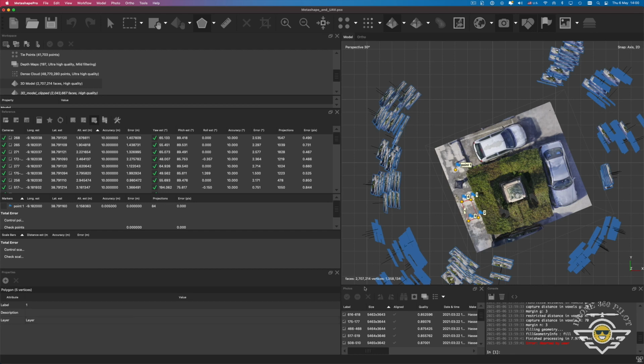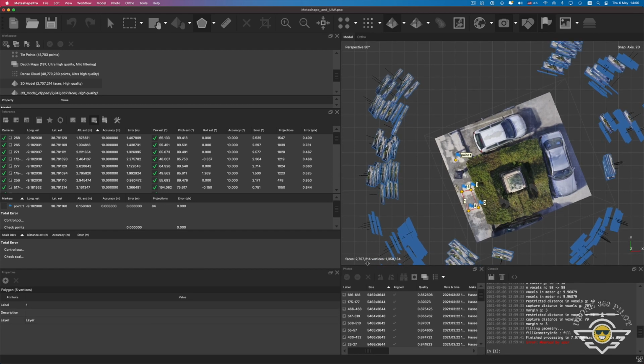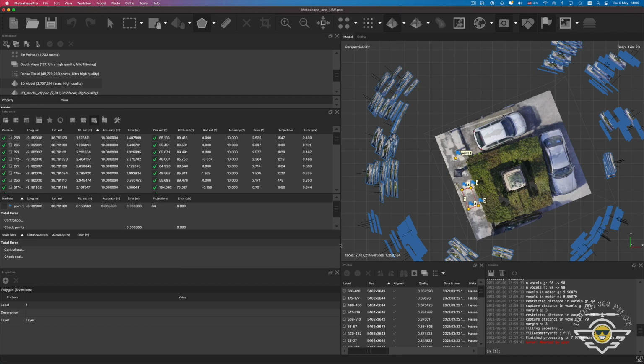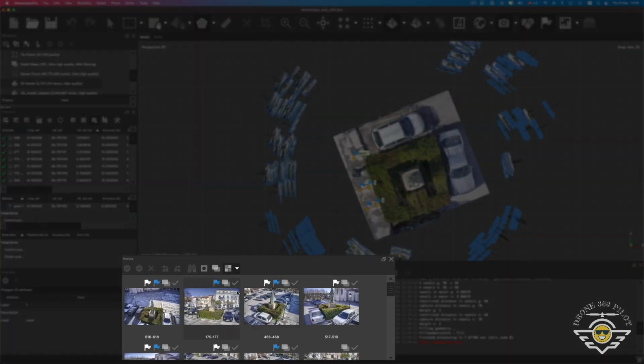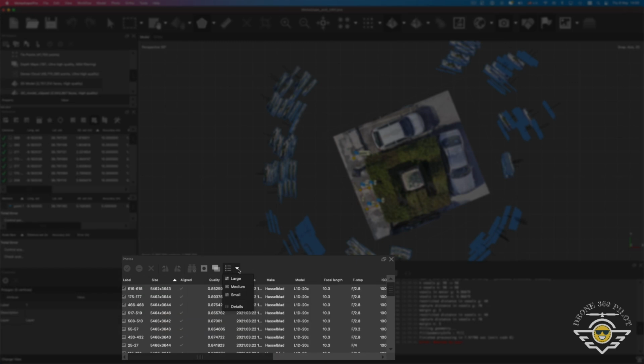Let's explore Photos panel. Photos panel displays the list of photos, masks, depth maps in the active chunk in the form of thumbnails. This area becomes very useful for drone users as well, because Metashape grabs from EXIF area of each photo following info: camera manufacturer name and model name, ISO, shutter speed, and f-stop of each photo, resolution.